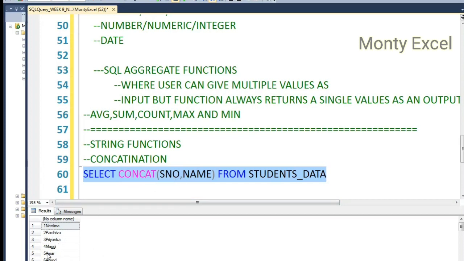But when you're trying to combine, what is happening here is there is no column name mentioned at the top. Whenever you're trying to use a concatenation function, what happens is, as you are using an aggregated function here or any